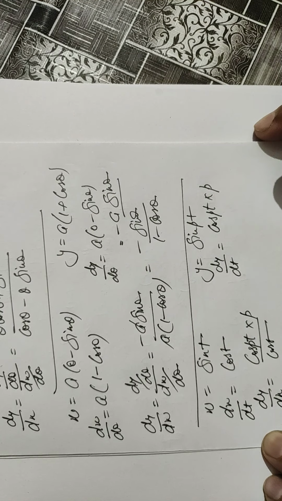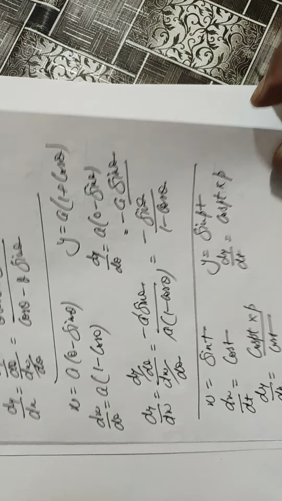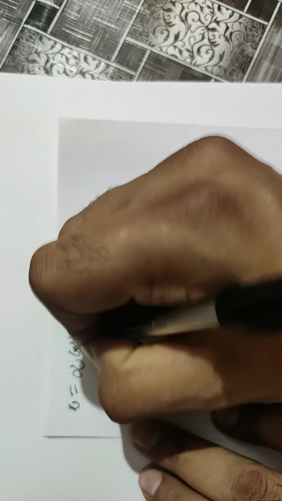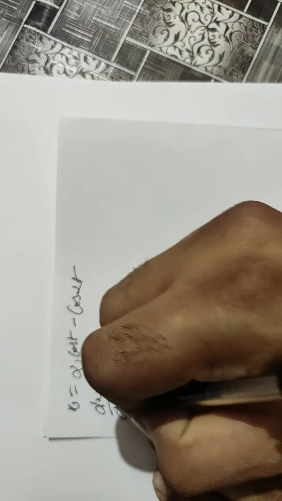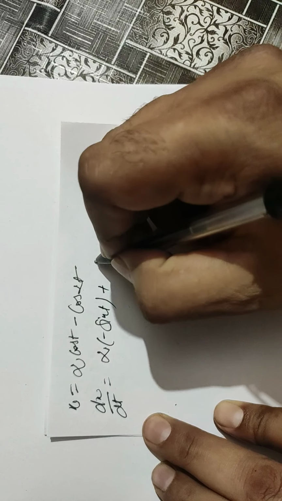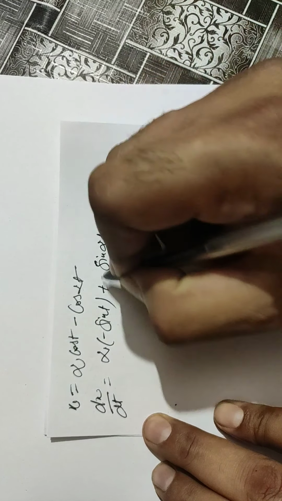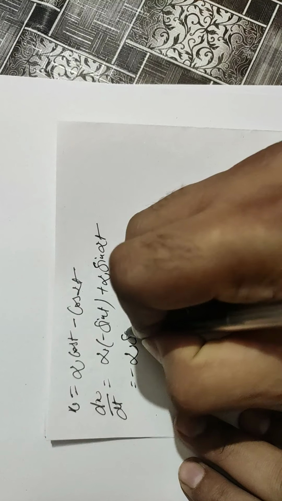These are all about differentiation up to first order. Now we are going to discuss more examples on first order, then we'll come to second order differentiation. Suppose the value of x is given by 2 cos t minus cos 2t. So the value of dx by dt becomes 2 times minus sin t plus sin 2t, with the differentiation of the angle becoming 2. So it becomes overall minus 2 sin t.